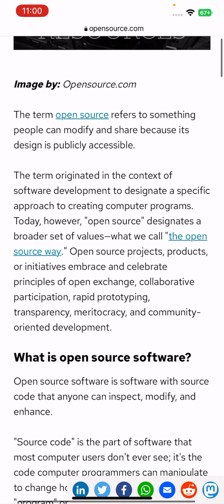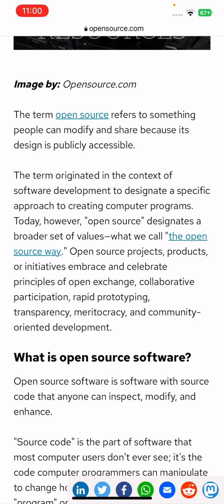The term originated in the context of software development to designate a specific approach to creating computer programs. Today, however, open source designates a broader set of values, what we call the open source way.